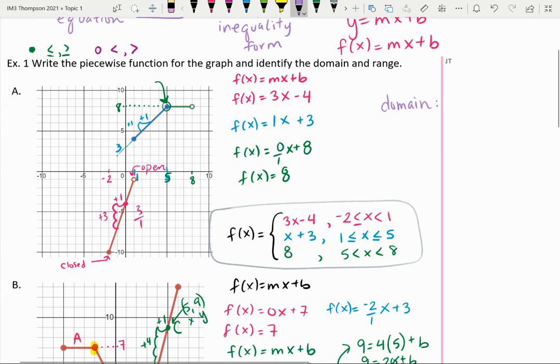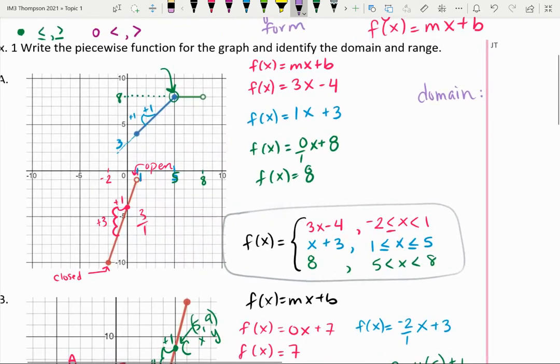So the very first, most left part of this graph, the first x value is going to be negative 2. And then it exists on the red until I get to 1. It doesn't exist on the red function at 1, but it does exist on the blue function at 1, so it's still continuous. Then on the blue function, it exists at 2 and 3 and 4 and 5, and then it jumps to the green function and exists all the way until you get to 8. So I've got from negative 2 to 8,